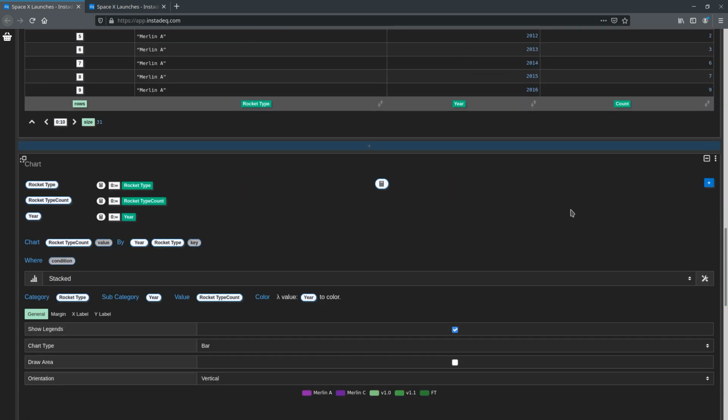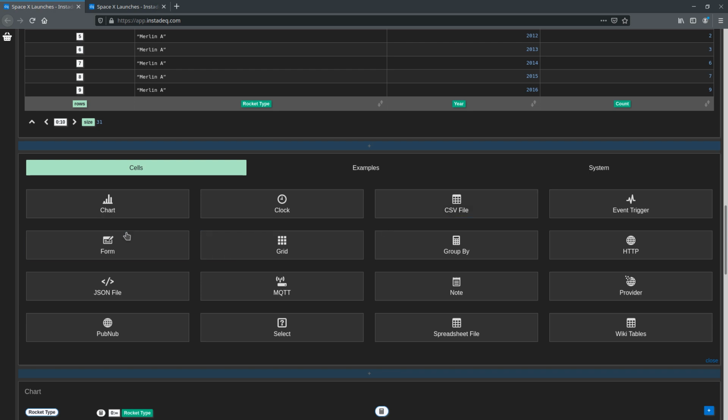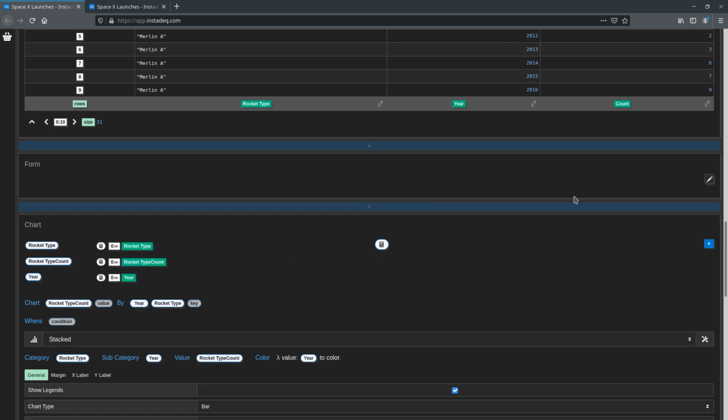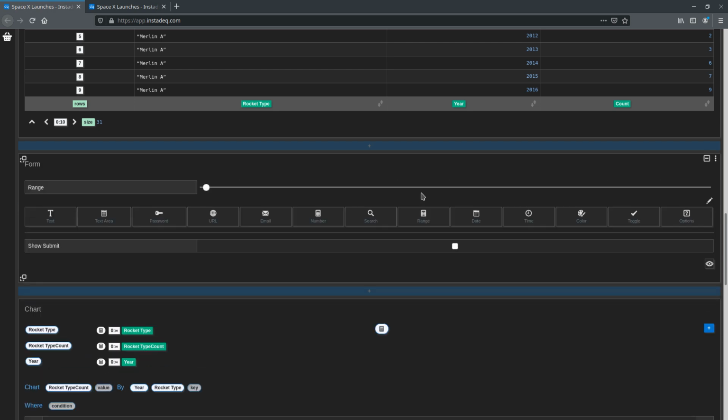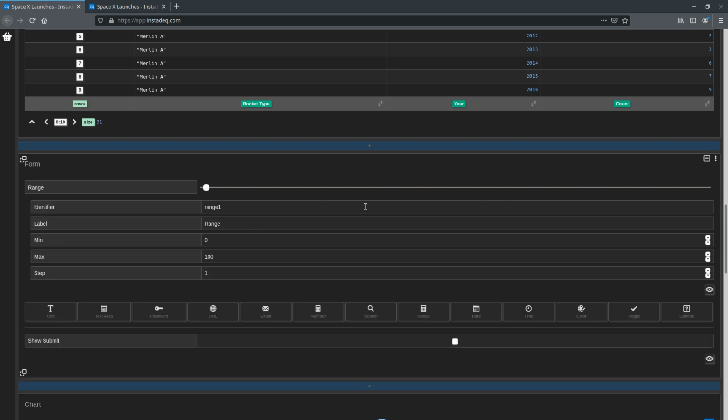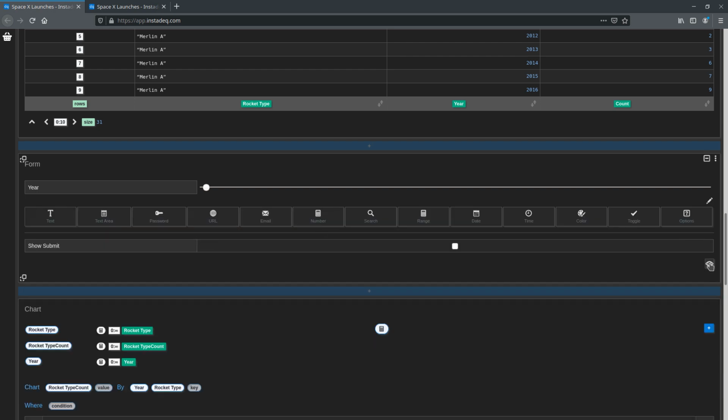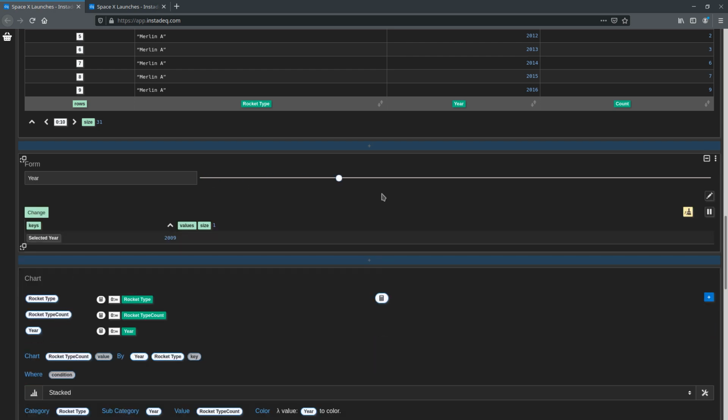charts we wanted, but let's add the form for the range input. I will select edit. I will create a new range. I will go to edit here. I will call it selected year, and the label will be year. For now, I will put the ranges for the years of the launches. We will see later how to make it dynamic. I'm okay with this. So let's set it to read only, and when I move it, I get a change event